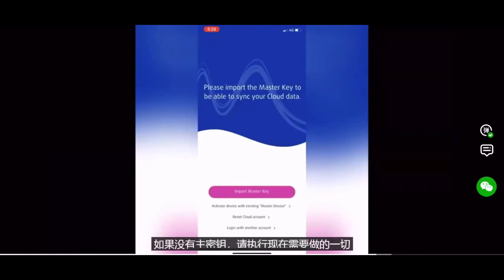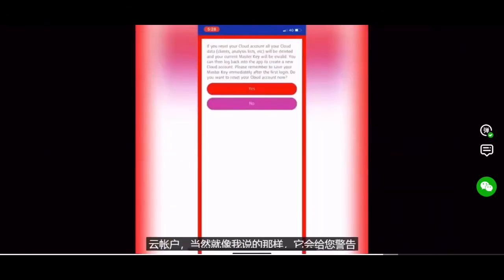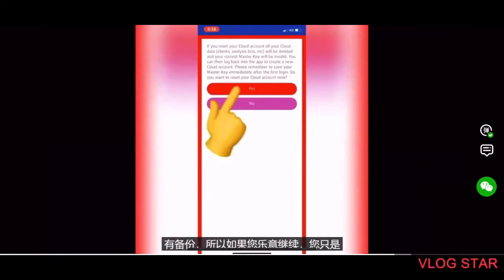Now, if you do not have your master key, then now we have a new function and an option to reset the cloud account. So you simply click on Reset the Cloud Account, and of course, like I said, it's going to give you a warning that if you do this, then you will lose all your clients and all your history associated with your account. Now, that's why it's important to always have it backed up. So if you're happy to go ahead, you just click the